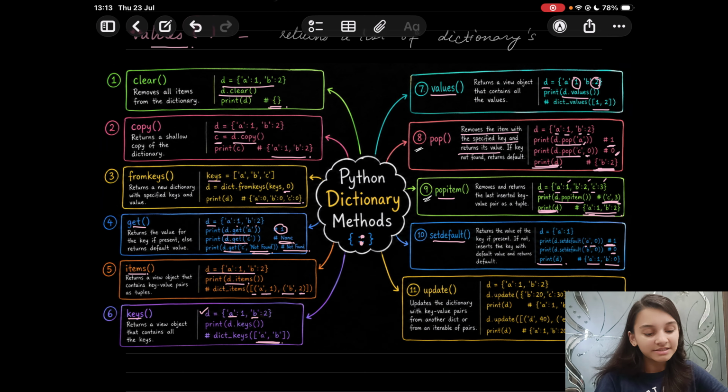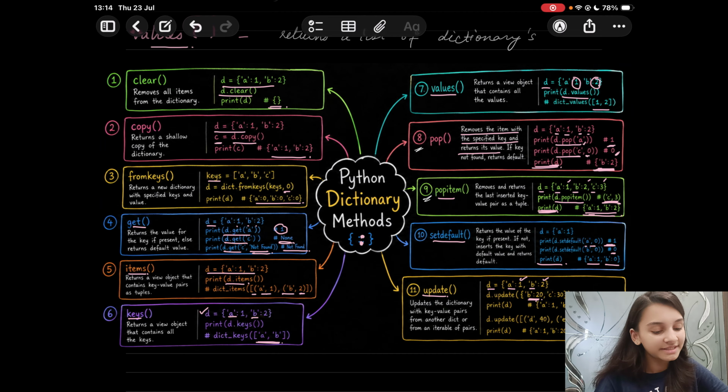Moving to the last method, the 11th method we have is update. It updates the dictionary with key value pairs from another dictionary or from an iterable of pairs. We have a dictionary D, A and B are the keys, 1 and 2 are the values assigned respectively. So on writing D.update, you mention a dictionary inside, supposing B a value of 20 and C a value of 30.